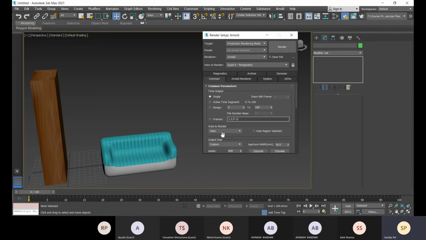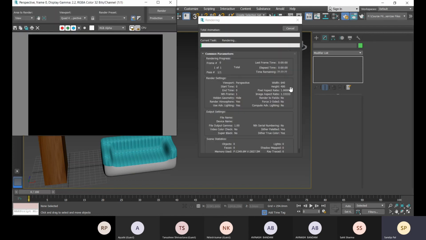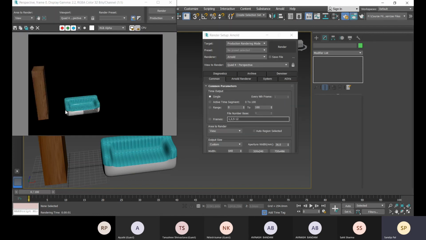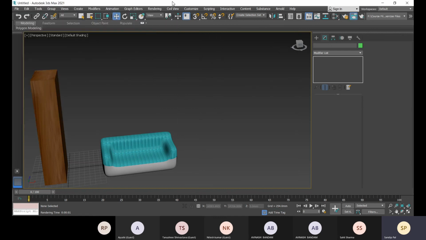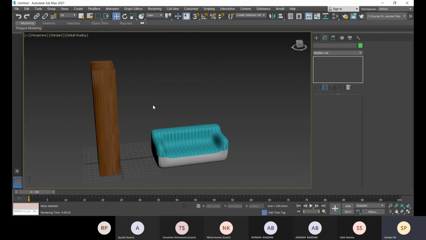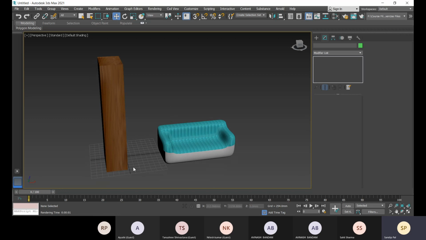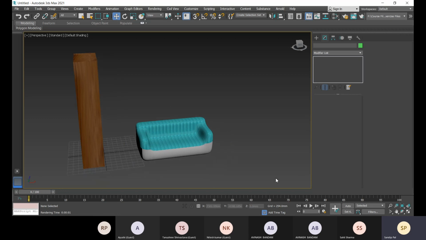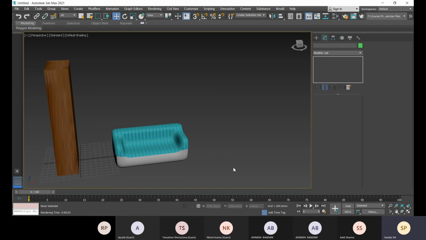You render it as a still image or as a video format if you are creating animation, so this will render like this. Okay, and if you create lights for better realistic visualization, you can create lights and place your background properly. Okay, so this is all done for today's and last end class.